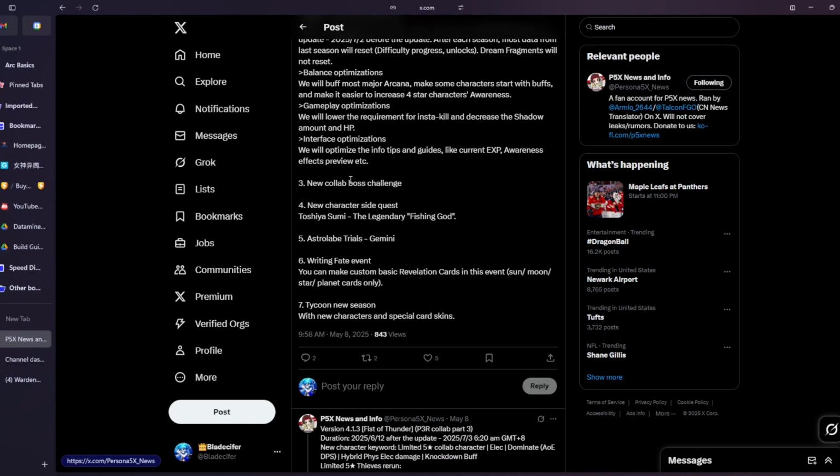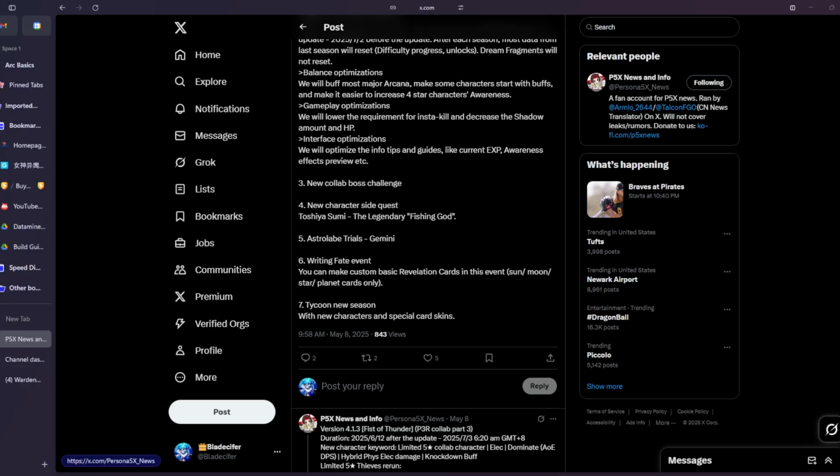Now we will have a new collab boss that's going to be happening, as well as a new side character quest here, which is going to be Toshiya Sumi, the legendary fishing god, having that side quest here. We also will have a release of Astrolab Trials, which is going to be Gemini, in which I think we're currently on Pisces, or was that last week? I actually need to double check on that one there, but we're currently on the one that's right now,